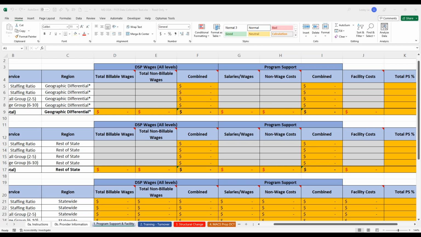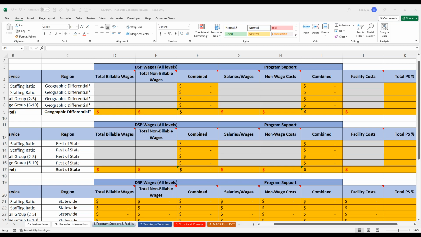I can start, but Jennifer, I don't know if you want to jump in at all, but this is not required, I believe. However, we are looking to make changes to the day habilitation rate based off of this data. And if we don't receive a significant amount of data, we're unable to make data-informed decisions. And so we highly encourage you to please fill out the tool.